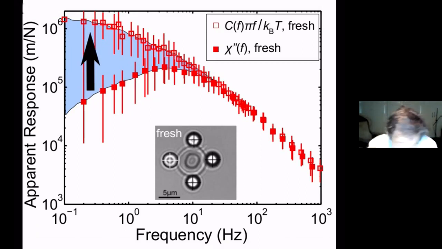Still, if you go at low frequencies, you have enhanced fluctuations. In an equilibrium system, the fluctuations should be like chi double prime, and they are enhanced. So there are active fluctuations again, as in the previous case, and this active fluctuation tells you that the system is out of equilibrium. And there is no effective temperature in this case because the effective temperature would depend on frequency, and that doesn't have much sense.